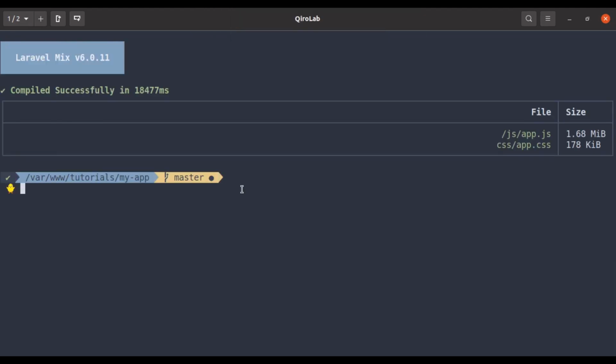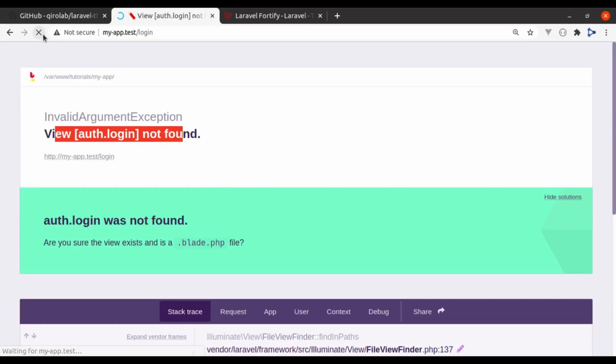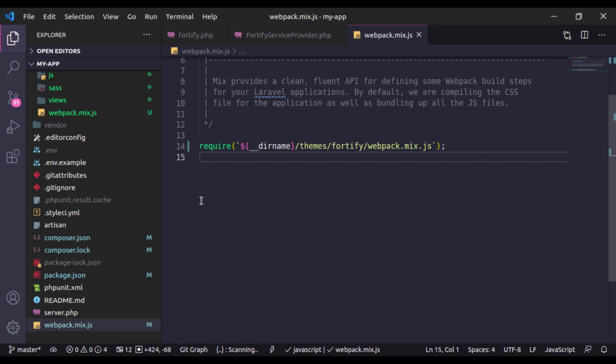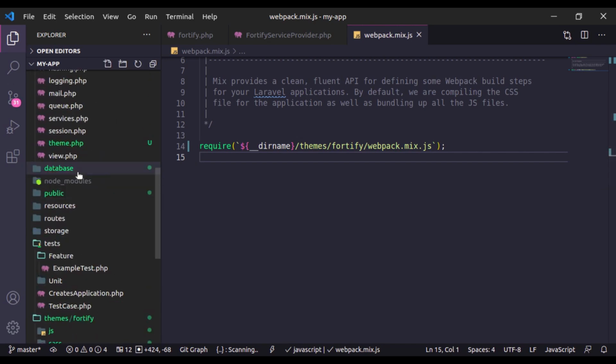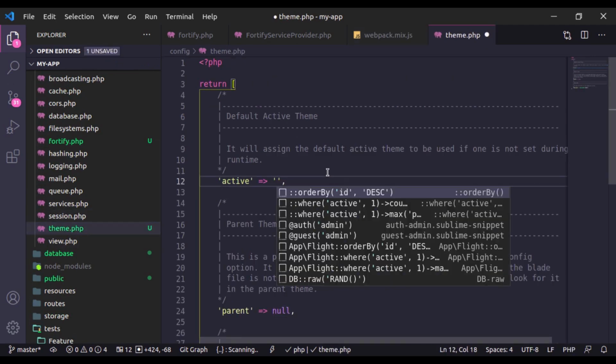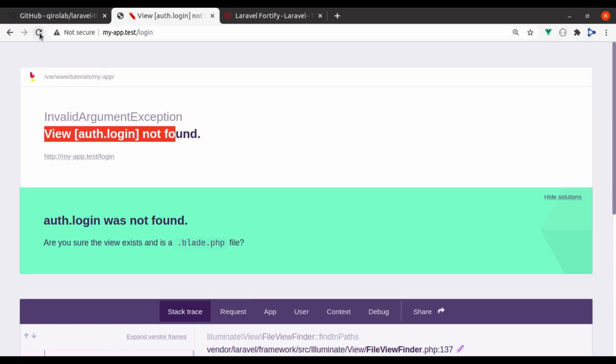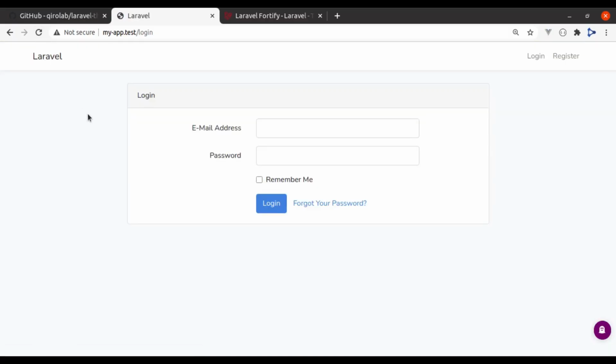Now it is compiled successfully. Now go to the browser, refresh, and we're still getting an error. We forgot to change the theme in the theme configuration. So in config theme.php, let's set the active theme to fortify. Now go back to the browser, refresh, and here we go.